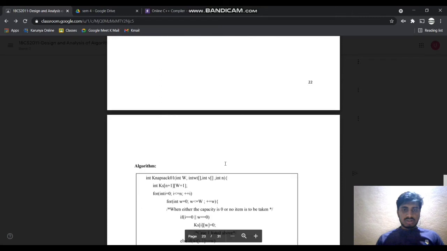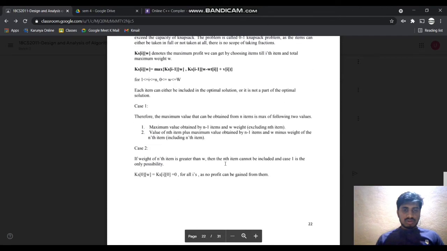There are two cases. Case 1: the maximum value that can be obtained from n items is the maximum of the following two values. Case 2: if the weight of the nth item is greater than W, then the nth item cannot be included, and only case 1 is possible. These are the two cases for the 0/1 knapsack problem.